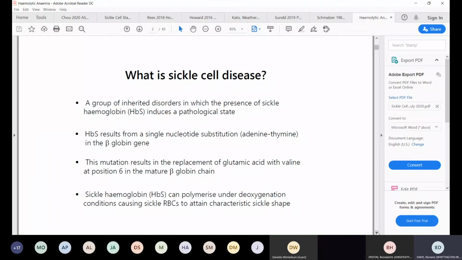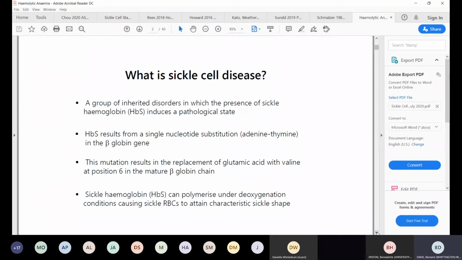And the result of this mutation causes replacement of one amino acid, valine, for glutamic acid in position 6 of the globin chain. Now, this one substitution is really what underlies sickle cell